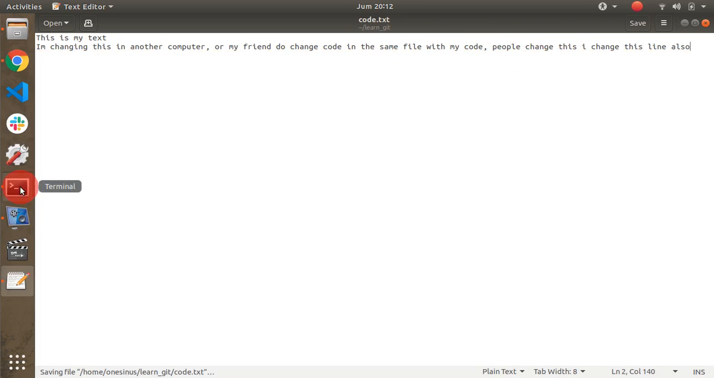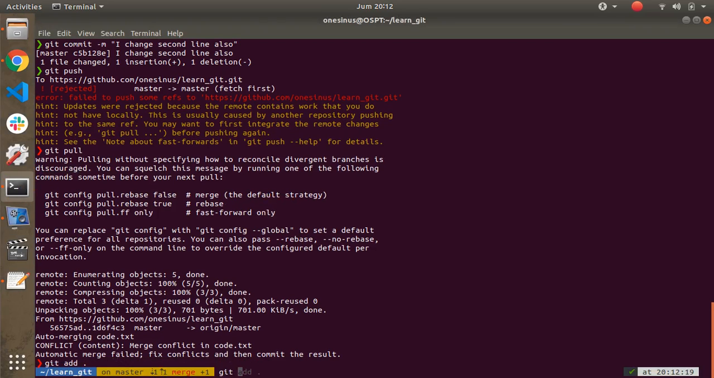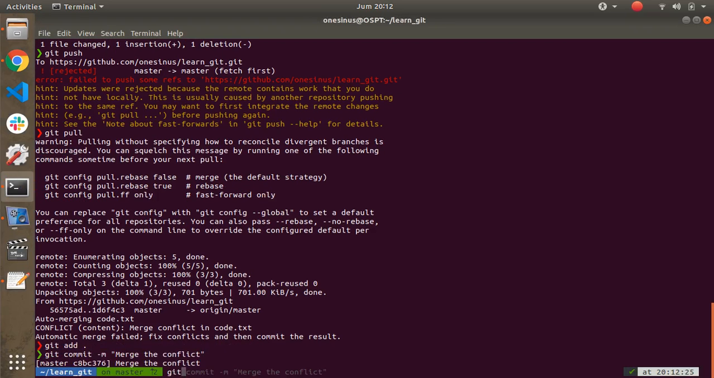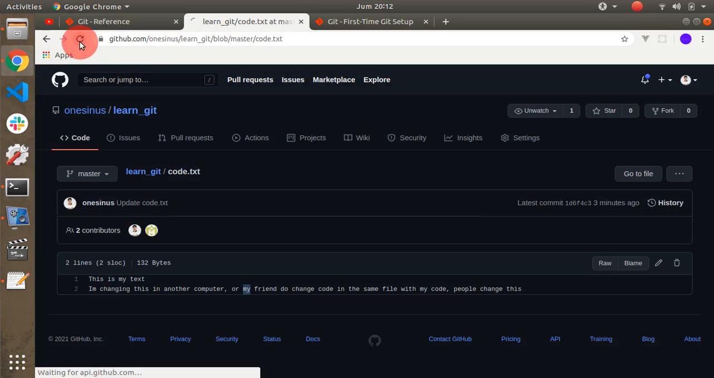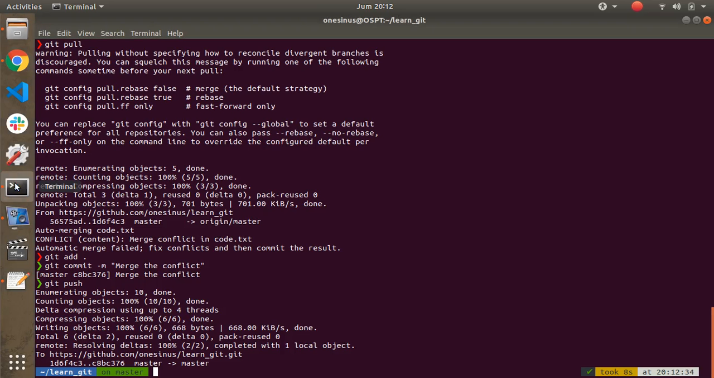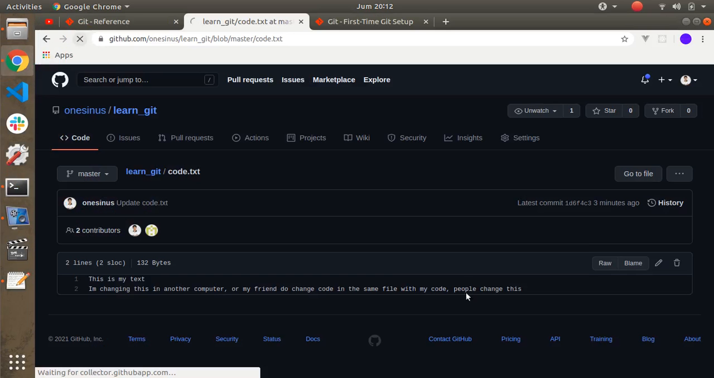We save this code. After we save, we can git add again, git commit, and merge the conflict. And git push again, and the code will be merged and pushed to the repository with the latest code and the merged code. Okay, we can replace this. The second line will be merged between your code and other people's code. That's how we can fix the conflict